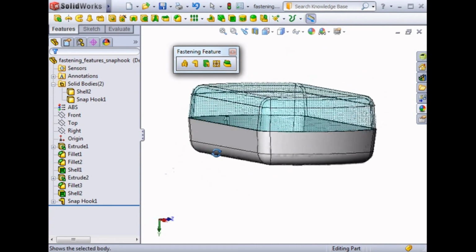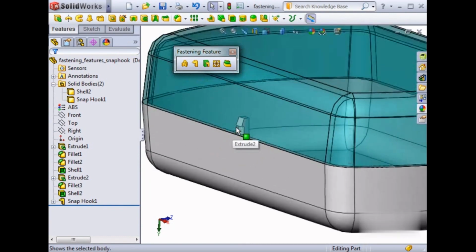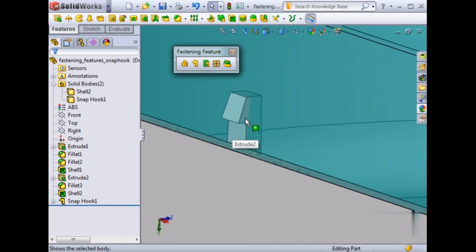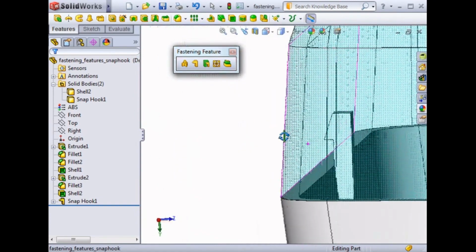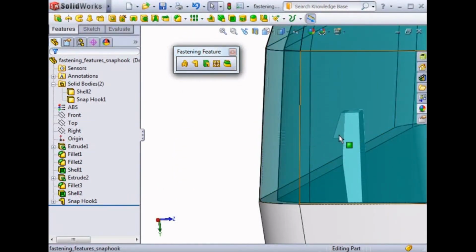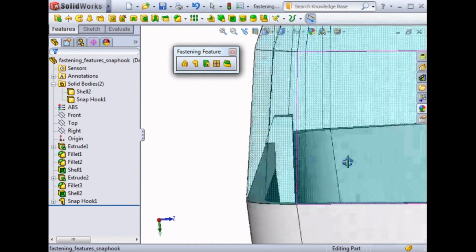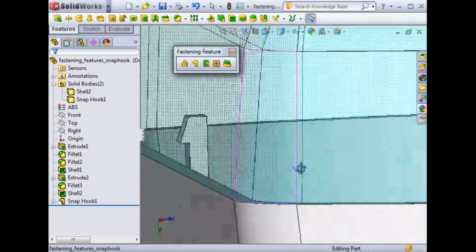One more thing before we add the snap groove. The existing snap hook must intersect the corresponding body. In other words, if we were to run an interference detection analysis on these bodies, we would see that the snap hook is interfering with the upper body. The need for this interference will be clear once we see how the snap groove is created, so let's move